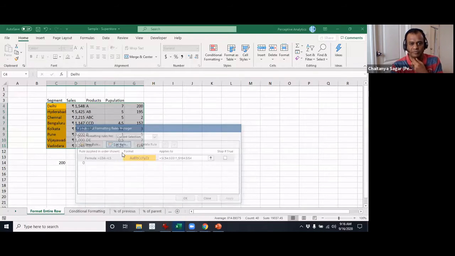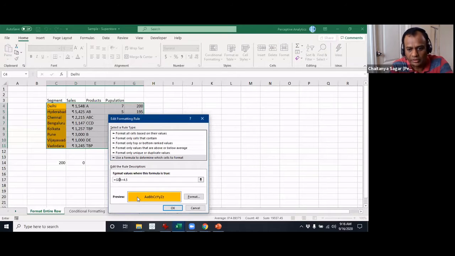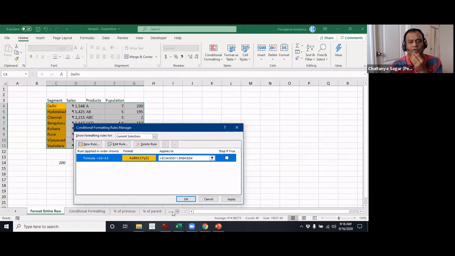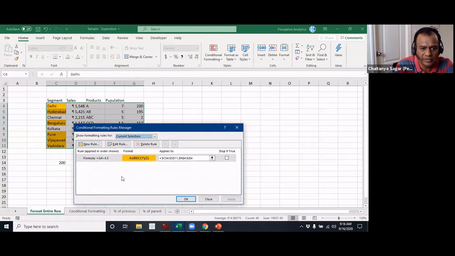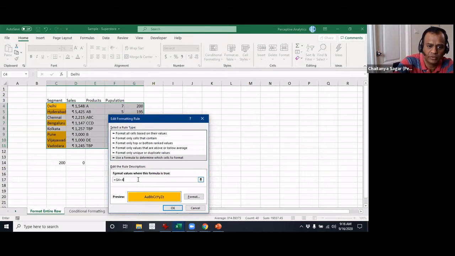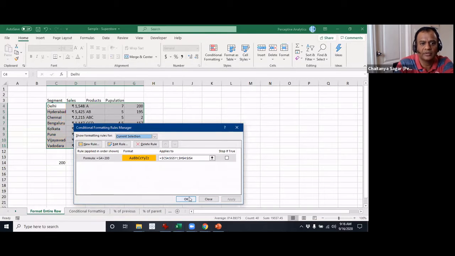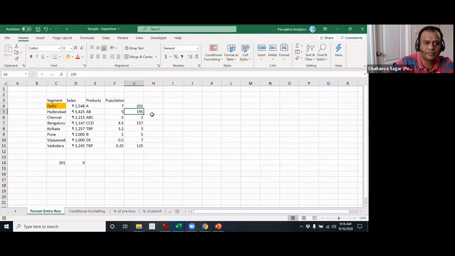For example, if I modify this to not include the anchor, then it will behave differently. In fact, this is not supposed to be highlighted. We will see why that is happening. It's now taking 4.5, that's the reason. It should have been greater than 200. So then it will behave differently. There you go. We'll set greater than, so we'll have to make this 201. That's how it works. Clear until now? Yeah. Okay. All right.